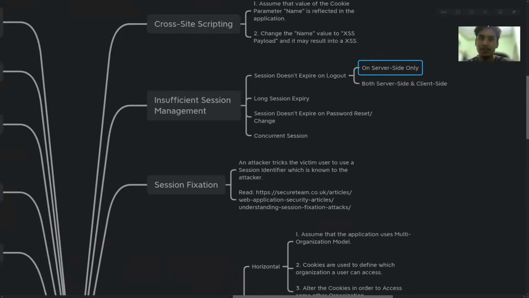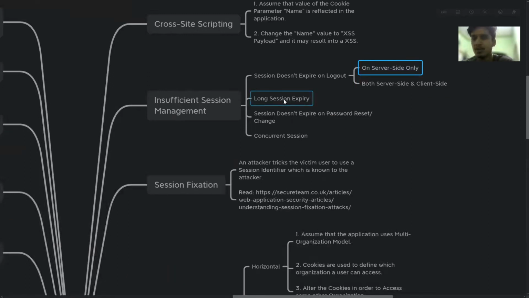But if I have captured the token somewhere, let's say in Burp Suite, I can use those tokens to again perform all the actions. So this is the server side only. And when I say both the server side and the client side, it simply means that even if I log out, or even if the application logs out from the UI, whenever I navigate back to the UI, I'm still able to explore it as an authenticated user.